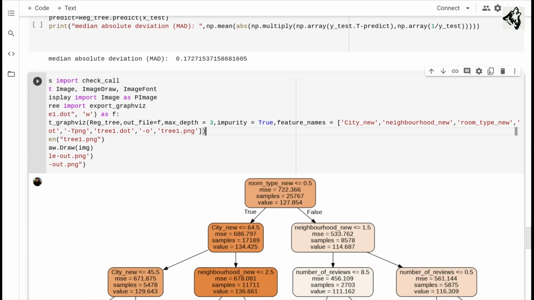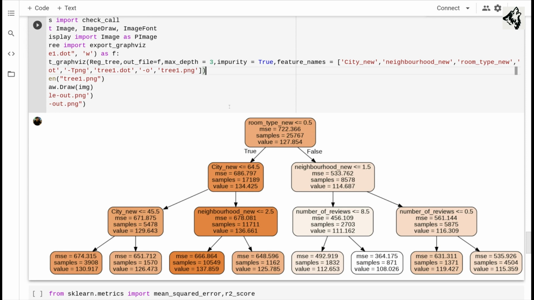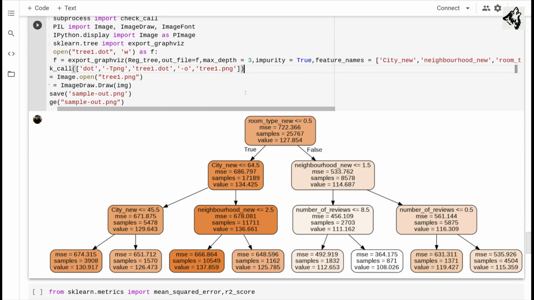Here you can see our decision tree and its nodes, and in the nodes you can see the criteria for splitting the data. You can also see the MSE score, the samples that belong to that node, and the average prices of those samples. We first split the data in the first node on the basis of room type.